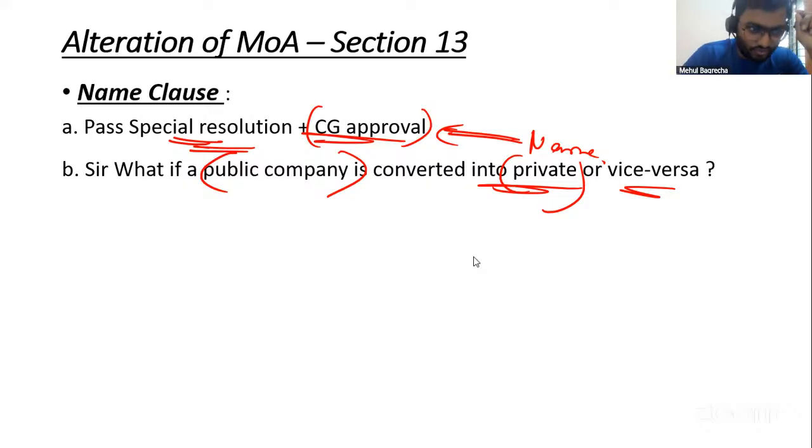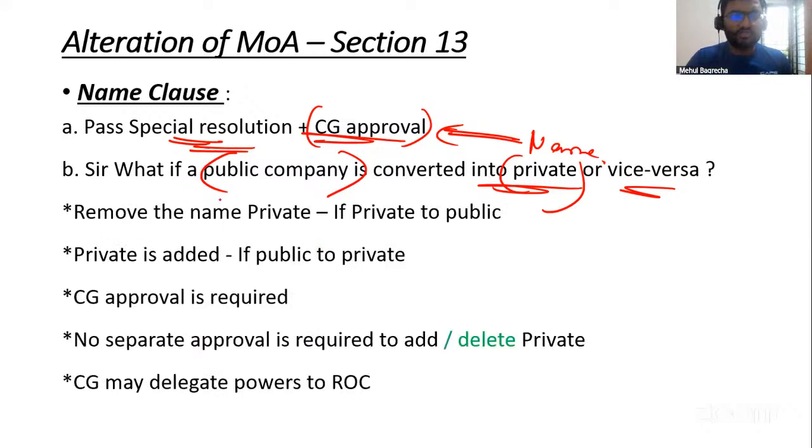All right. So what are we talking about? In case I want to convert a public company into private company or private company into public company, I don't need to take any special approvals for name change. Why? Because I would have already taken all the approvals that were necessary. This is on changing or conversion of company. So if I have to go ahead, public company into private company or private into public company, what kind of changes come into picture? Let's quickly look at it.